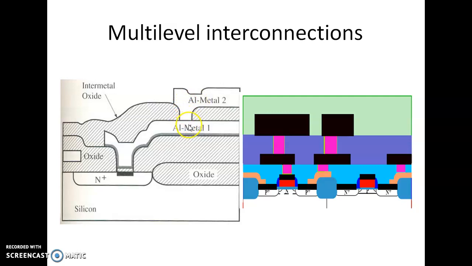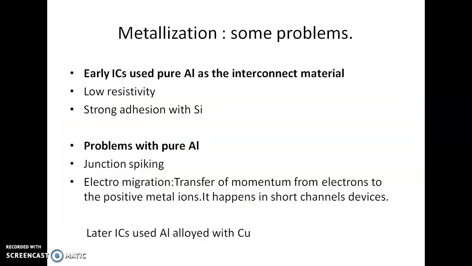What is a via? A via is a hole etched in the interlayer dielectric which is then filled with metal, usually tungsten, to provide a vertical connection between stacked interconnect metal lines. So a via is used to connect two metals, and the material used is like tungsten. If one more layer is there, one more via can be used. Like that, any number of vias can be used to have the interconnections among the multi-level metals.